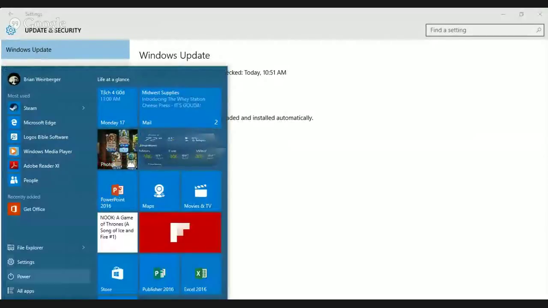So you go to the start menu button, then you click on settings, third one from the bottom, and then the very bottom right one is update and security. I guess I have this computer set to automatically update. And so it's just saying your device was updated, last checked at 8:50 a.m. this morning. Yeah, mine was last checked at 10:51